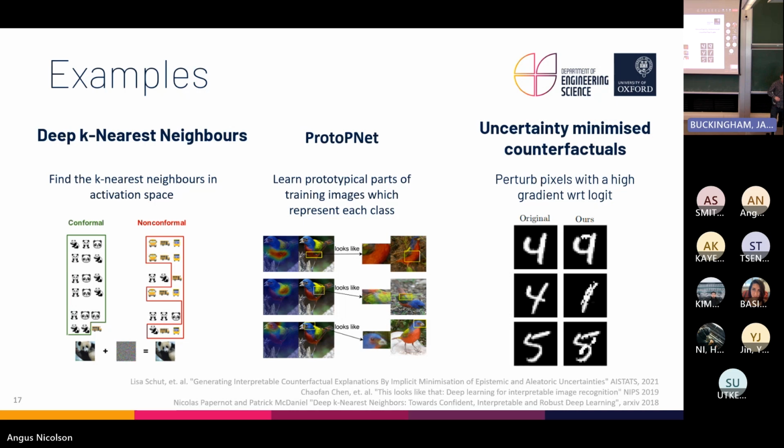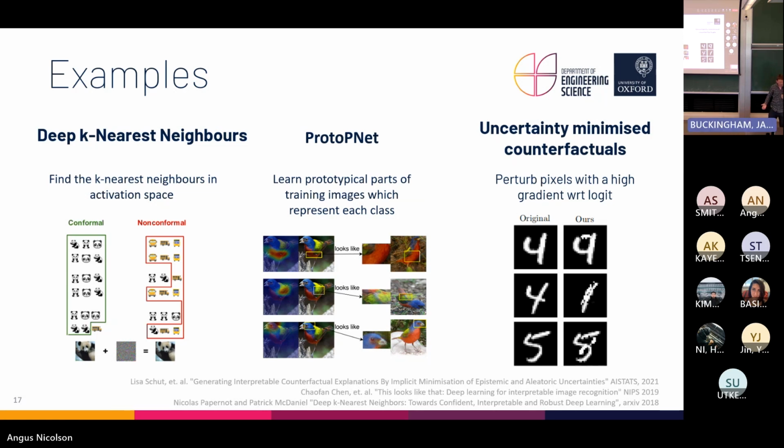Or you have something like ProtoPNet, or prototypical part network, which learns prototypical parts of training images, so small subparts of training images, which represent each class. And in this example, it's learned that, where's my mouse gone? It's learned that this orange part of this bird is useful, and so it will compare it to every image it's seen, and same with this green part and same with this blue part. And the way you'd read this explanation is you'd say, oh, it's predicting this bird because the belly looks like this belly I've seen before, and the wing looks like this wing I've seen before, and the head looks like this head I've seen before. And that's why I predicted the class I predicted.